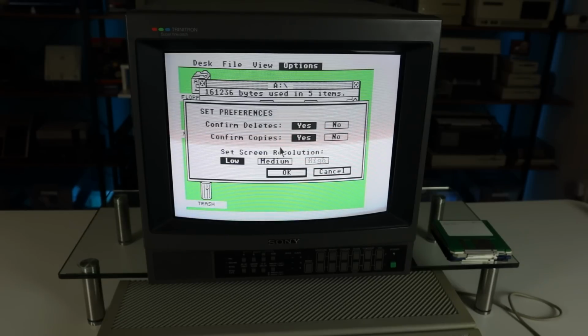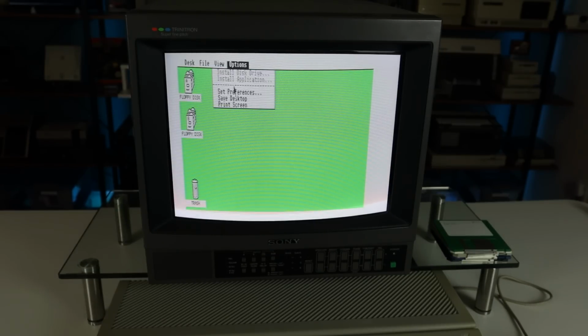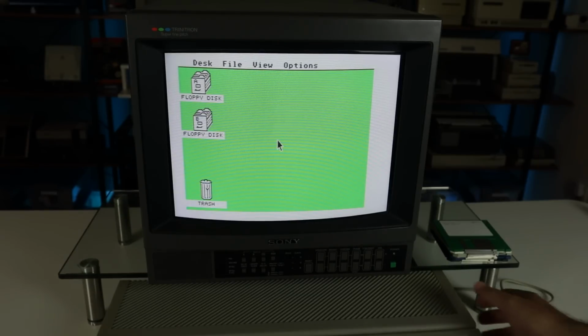I don't have the original discs that came with the system, so I'm not sure what was included. I was able to find a copy of the English language disc for this model though. It has a basic interpreter and a small demo, but that's about it. Even Amiga Workbench 1.3 had a lot more content on the disc than this does, but again, I may be missing out on some